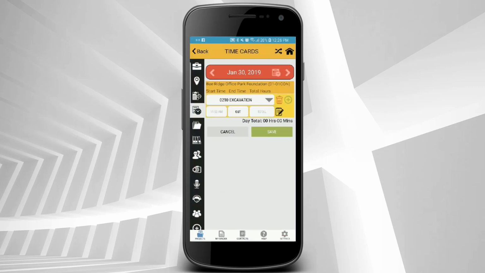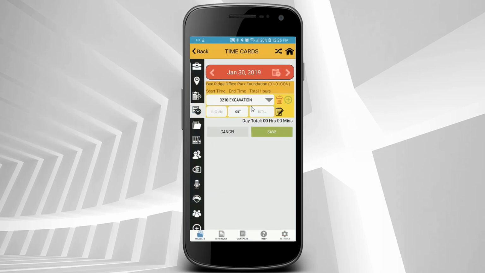But as you may be familiar with on the mobile side, you select the job, you select the day, you come in and tell the system which cost code you're working in. And with the geofencing capabilities, you're going to notice that instead of the start and the end buttons where you have to come in and enter in the time that you got there and the time that you left, geofencing doesn't allow for employees to tell you when they got there. They have to take advantage of the clock in and the clock out button.